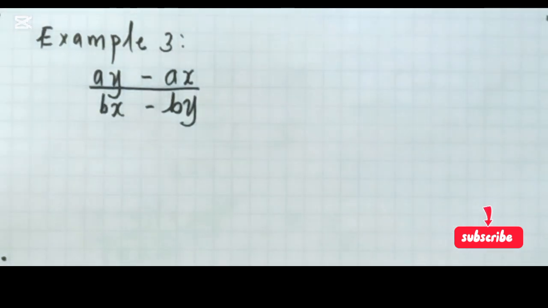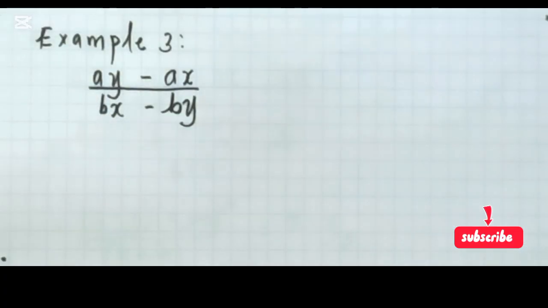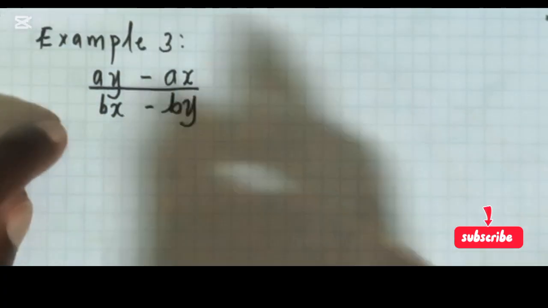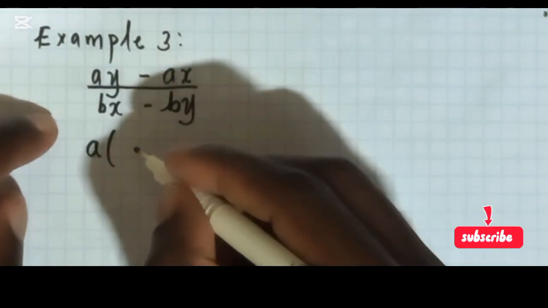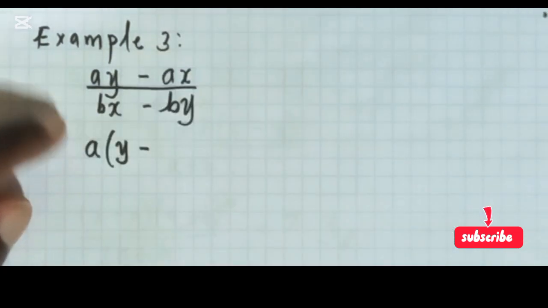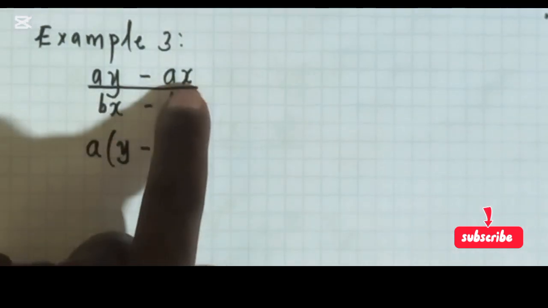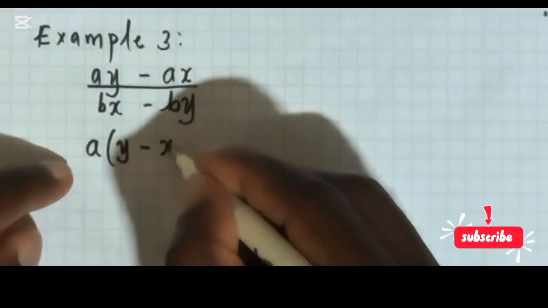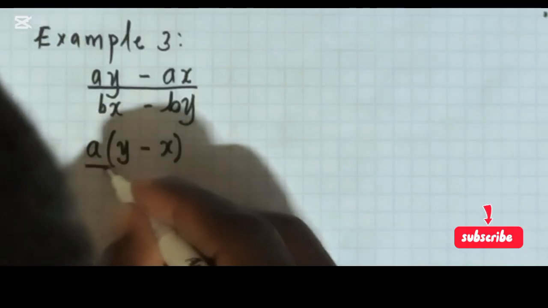So we can just start by solving for our numerator and denominator by factorizing each one of them. In the numerator, our common factor will be a. So it will be ay divided by a, and that will give us y minus negative ax, or basically just ax divided by a, which is our common factor here. ax divided by a will give us x. So note in our numerator we have a into y minus x, all over